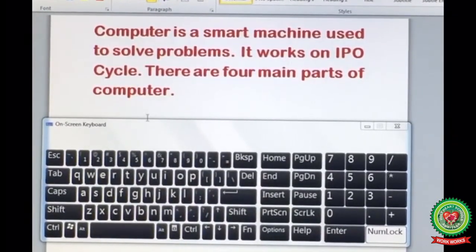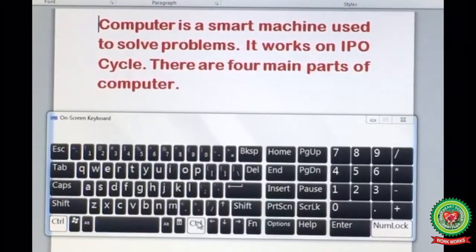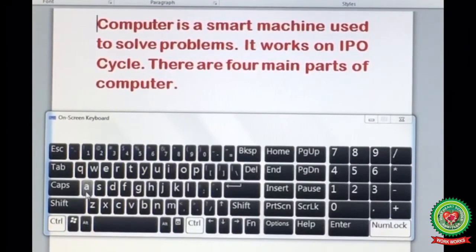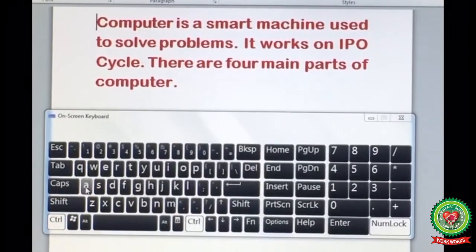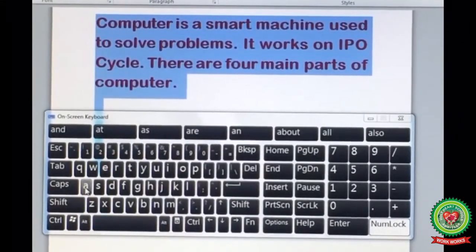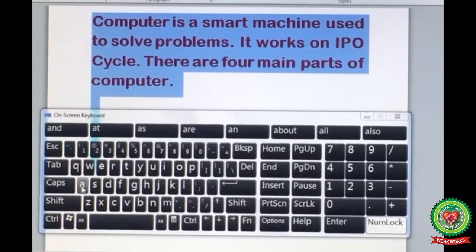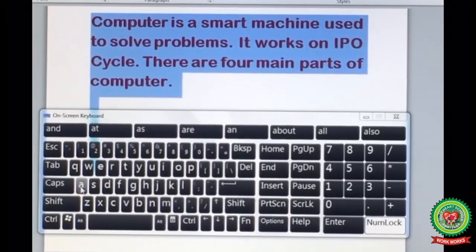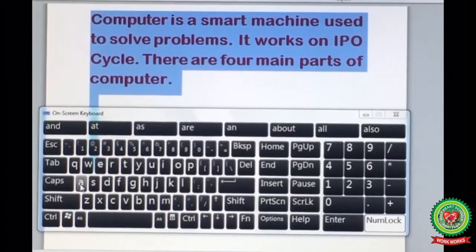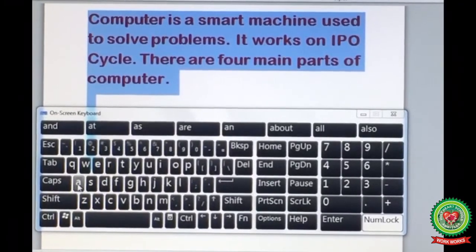Hold down the Ctrl key from the keyboard and then press letter A from the keyboard. And you will notice the full document is selected at once. So children, in this way, you can use these keyboard shortcuts to select your document.